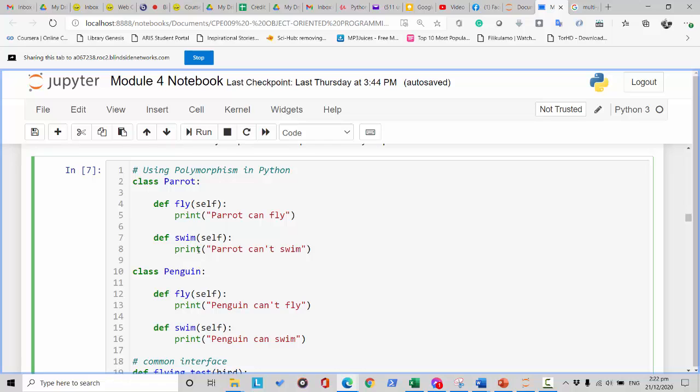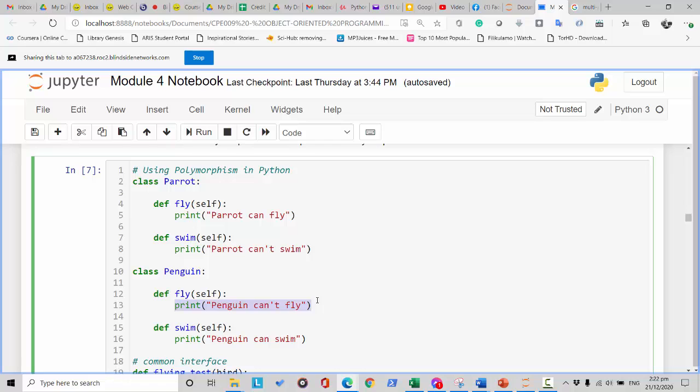Each of them has a common method: a fly method defined here and a fly method defined here. However, the functions inside are different. This one prints parrot can fly, and this one prints